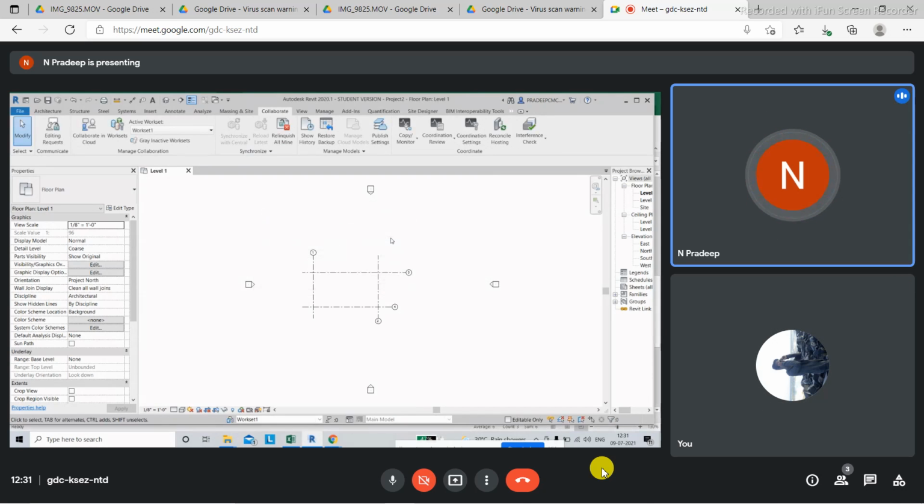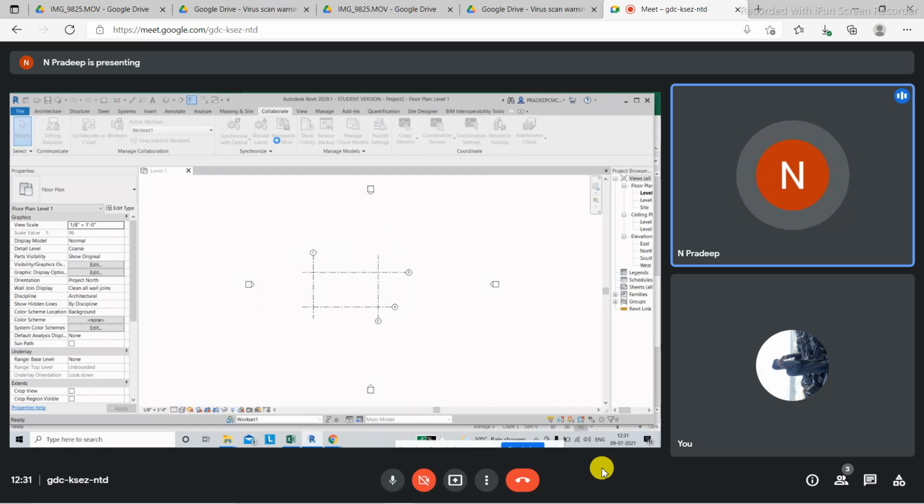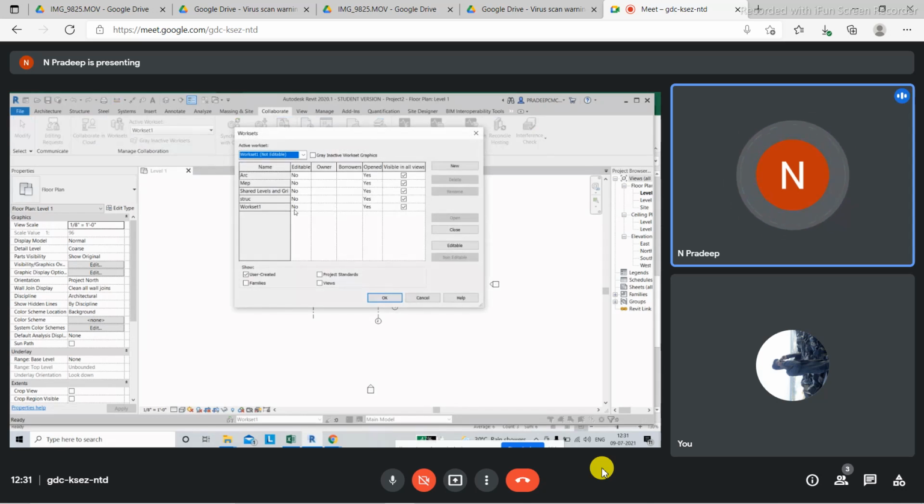I'll click on close and save this file. After you save it, if you click on relinquish, now see what happens. If you go to the Work Set option here, you can see that I don't own anything now. All my ownership has been relinquished. But I cannot let go of the ownership of these two work sets because they were clearly owned by me. So I'll keep the ownership of these two work sets alone.